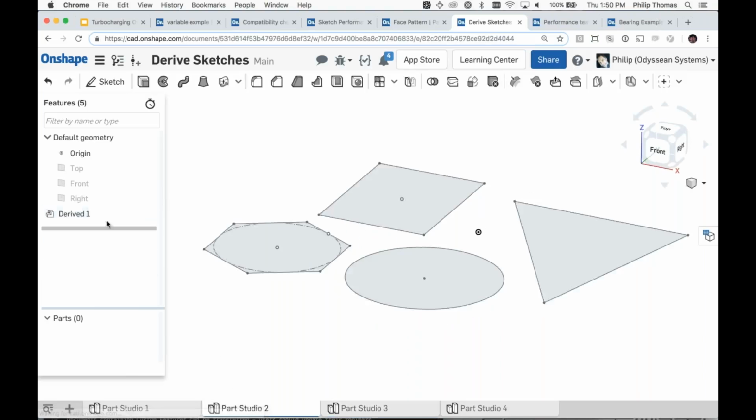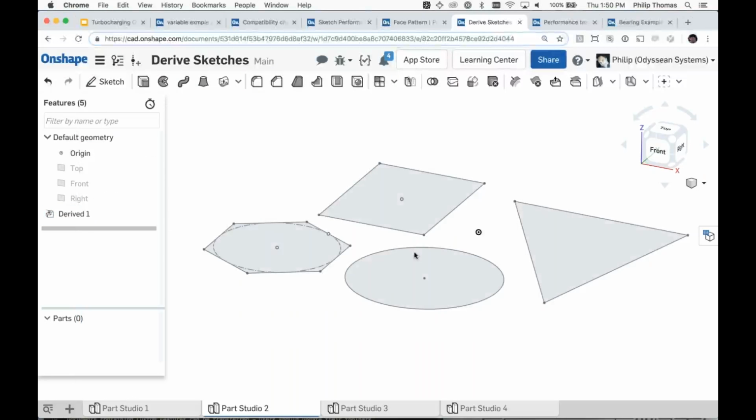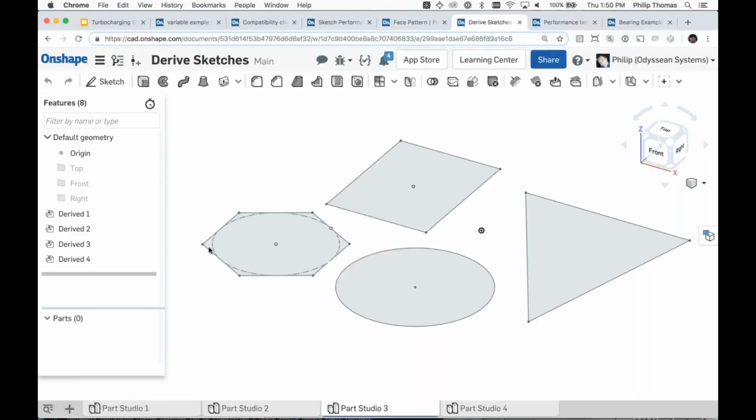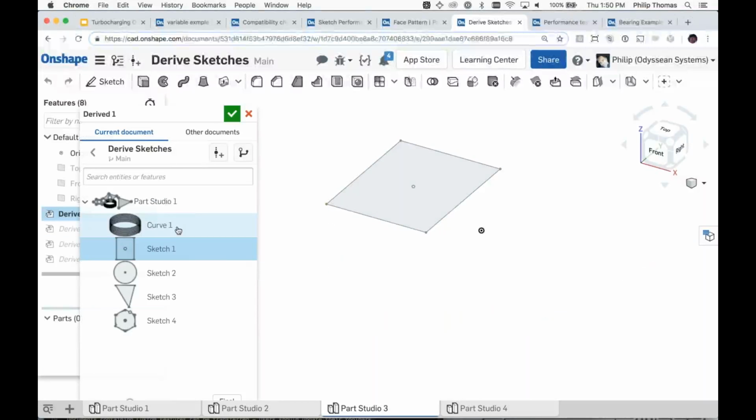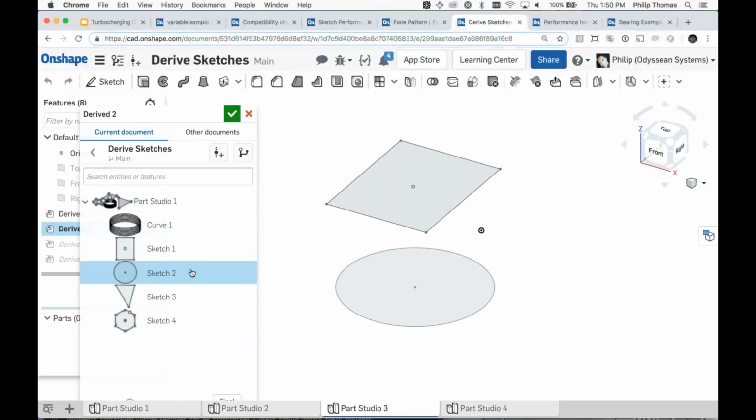So if I edit the derive in this part studio, you'll see that I have selected all of the constituent sketches that I'm interested in and brought them in one time into my part studio. In this particular case, the user comes along and says, I just want this sketch, then I want this sketch, and then you're smart people, you can figure it out, one for the third sketch, one for the fourth sketch. This is terrible, terrible, terrible, because what's